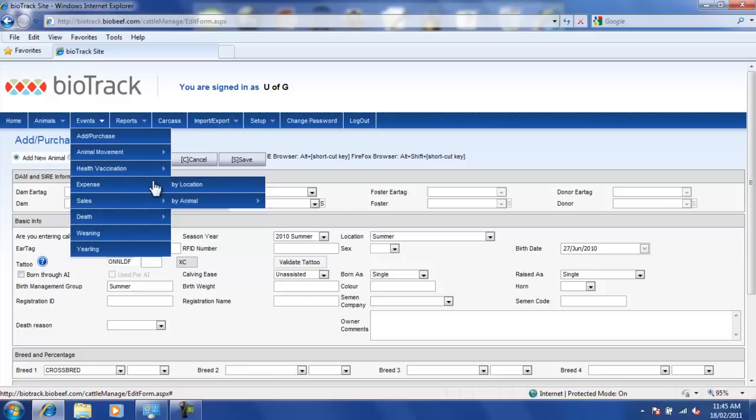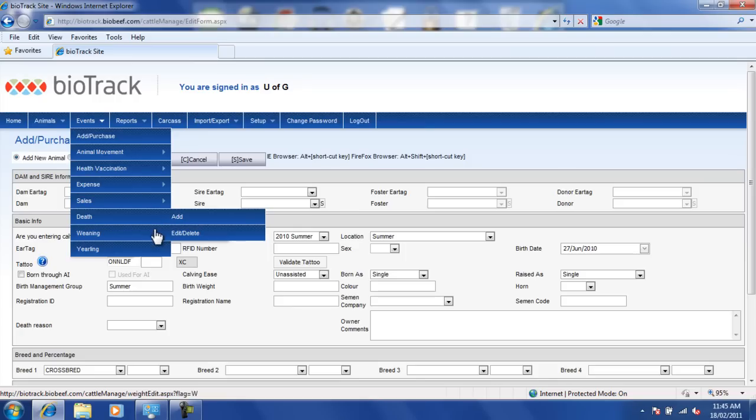Expenses can be applied to locations or to animals within locations. Sales capture date, cost, and who the animal was sold to. Death is applied to animals that are culled or removed from the herd. And weaning and yearly